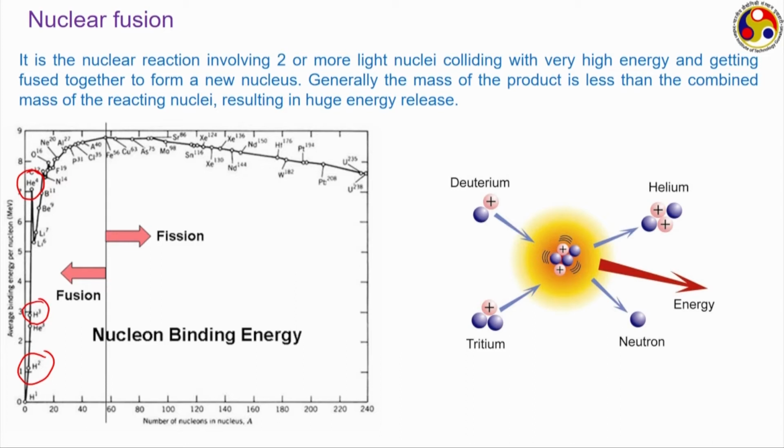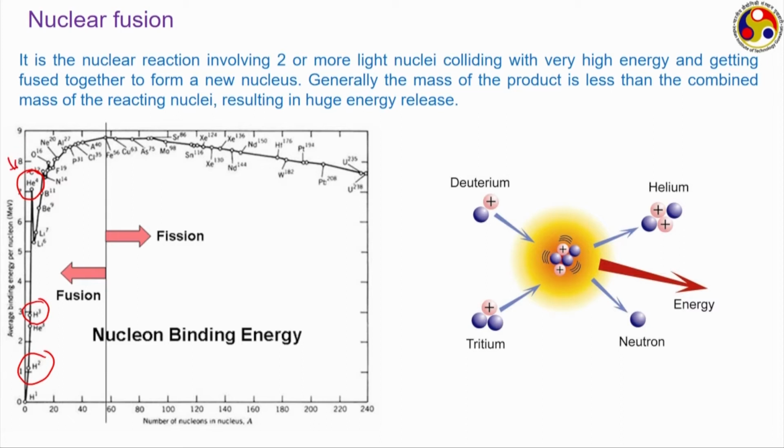And of course, as the combined mass of this helium 4 and neutron is generally found to be less than the combined mass of the deuterium and tritium, the corresponding mass defect gets converted to this energy release. But now coming back to the diagram, we have already marked deuterium and tritium, and now this is the product